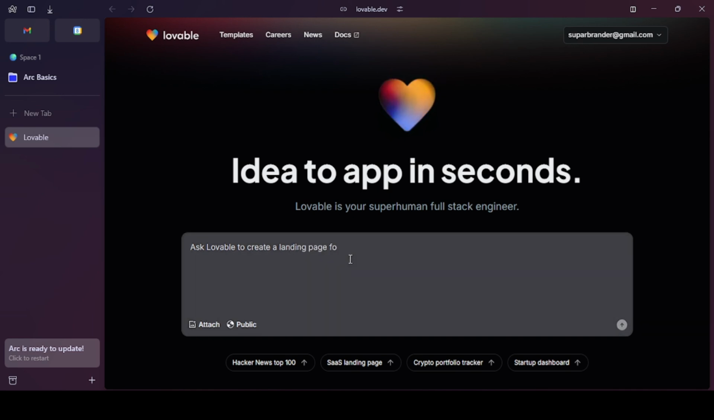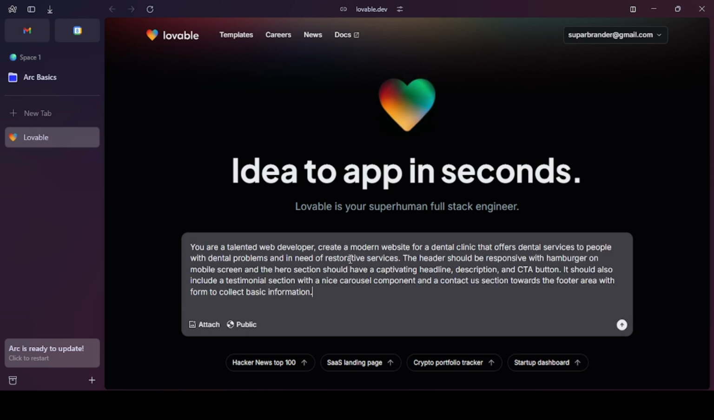Now I'm going to insert a prompt. I've copied the prompt into my clipboard. I'll just paste it to save our time. So you can see my prompt says, you are a talented web developer. Create a mobile website for a dental clinic that offers dental services to people with dental problems and in need